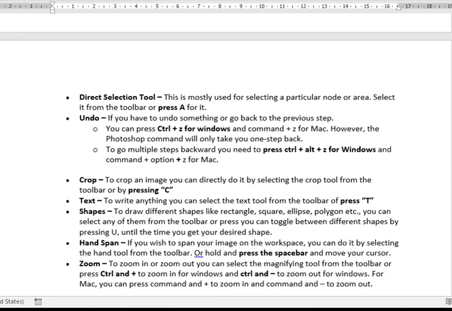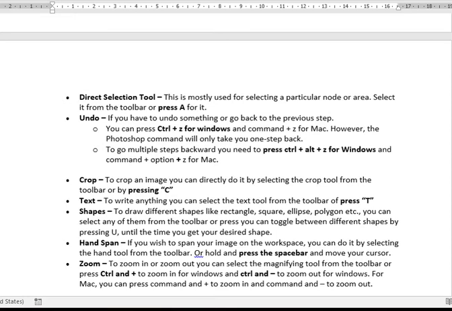Crop tool. Crop tool is used to crop any part of the image. To select the crop tool, you can select it from the tool panel, or simply press C. Text tool.